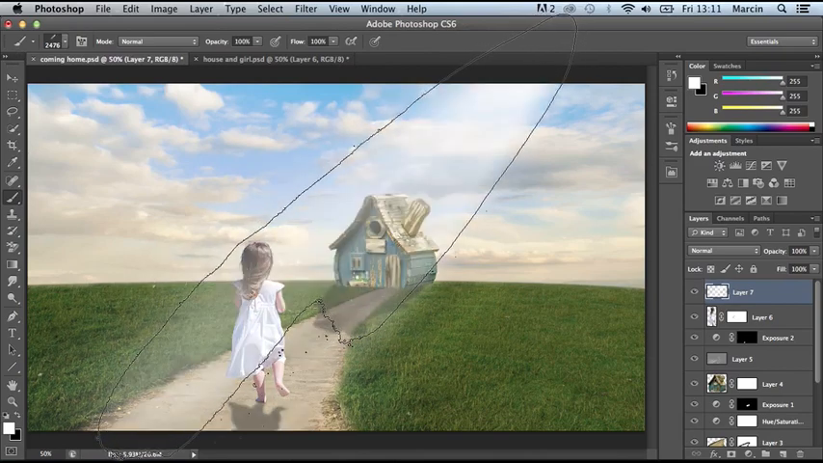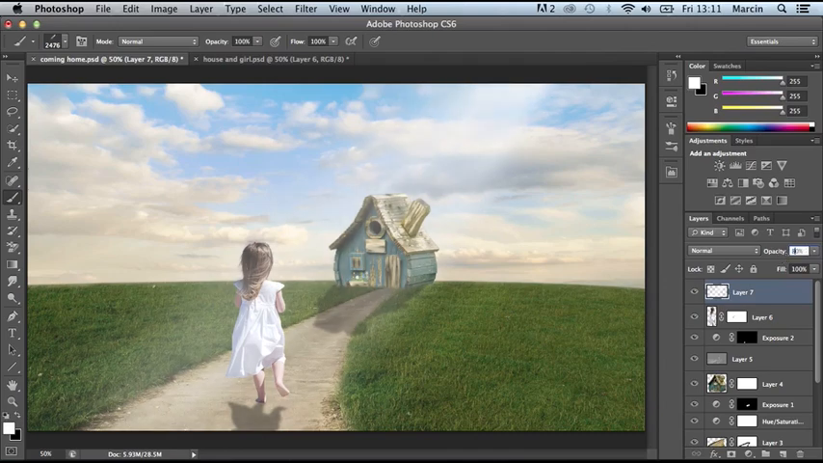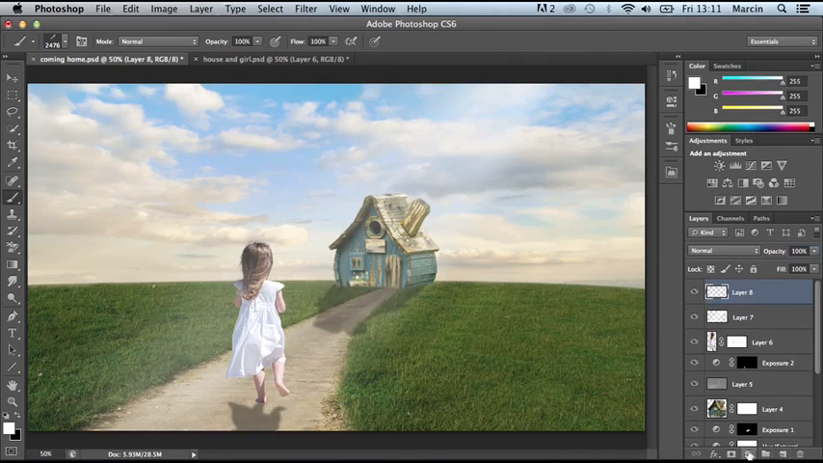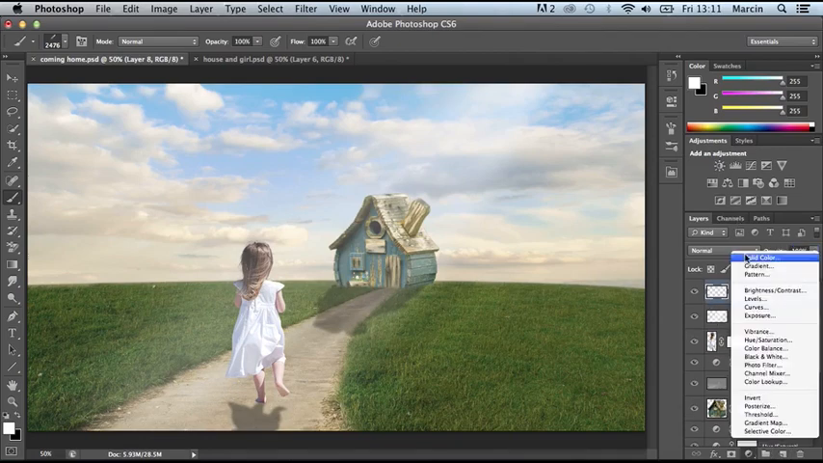So let's try like this. It looks not bad. Just change opacity if it's too strong to 80 maybe, to 70, 60 or something like this, whatever you prefer, to be honest. And now you may add another layer, fill this with color black,